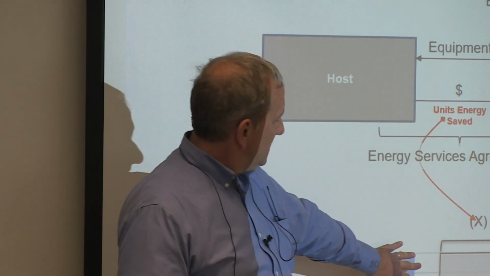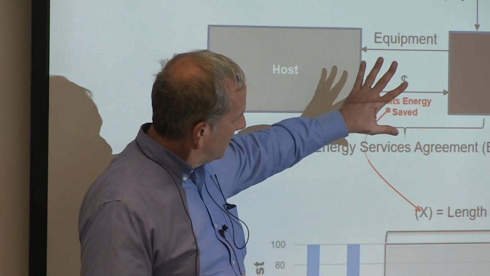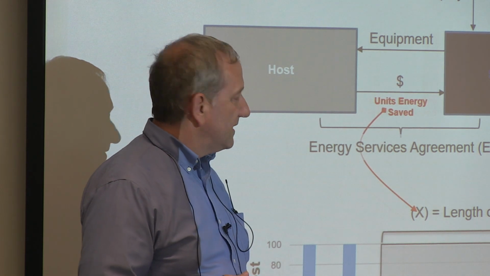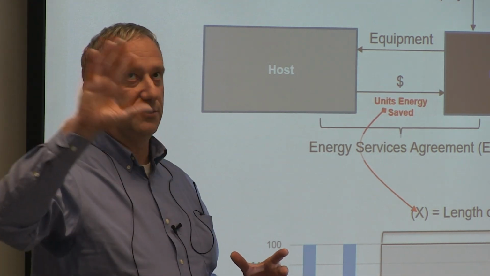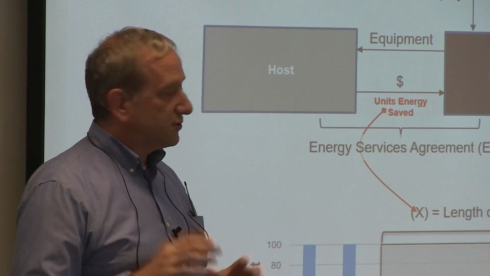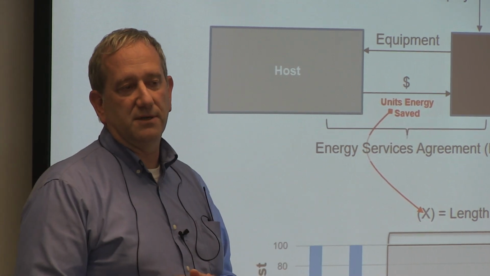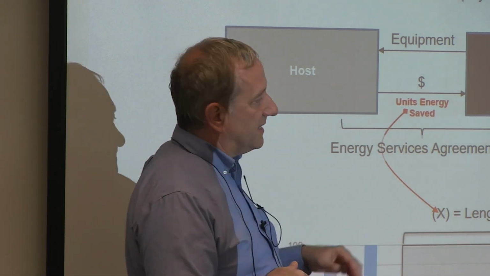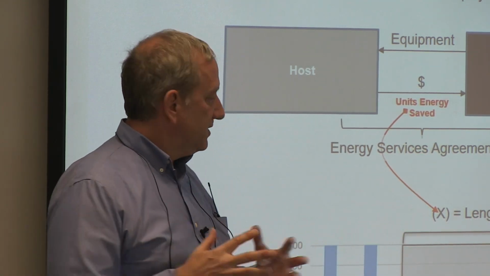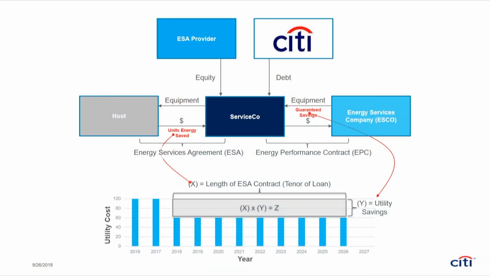And your efficiency utility, which I'll describe in a moment, is charging you for those 40 units of energy saved by virtue of the new stuff. And they're charging you at a discount to what you were paying the utility, so maybe 90 cents on the dollar. So you, property owner or lessee, get new stuff. You are paying a reduced utility bill, and it's pay for performance. If it doesn't perform, you don't pay. You're only paying for units of energy that are saved.